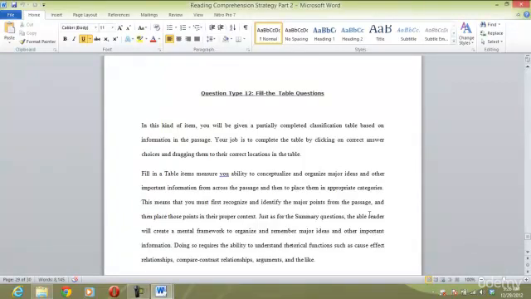So that's just a general overview of the reading comprehension strategy. We want you to read through both of these sections so you truly understand how to do the different question types and what our strategy is, so that you'll be able to apply that strategy in doing your